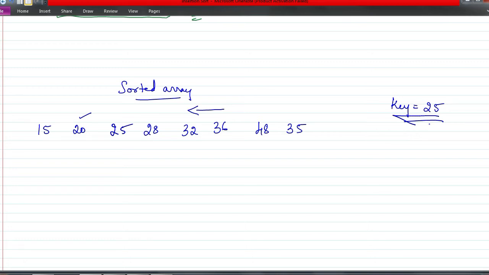As long as we get a smaller element, we keep copying every number to its right by one position. Once we get a smaller element, see, this is a smaller element, it means the position for this number is the next position. So here, if I find a smaller element, then I should insert this 25 in the next position. That way we are inserting 25 in the appropriate position.